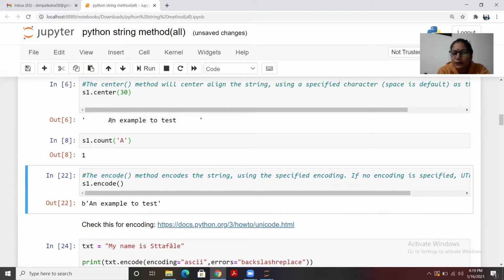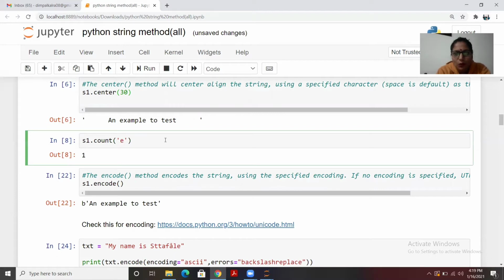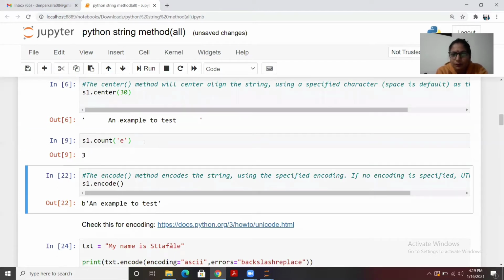The number of occurrences for A is just single. Let me find out e, this small e. We have more than one occurrence of that, so here is the output.